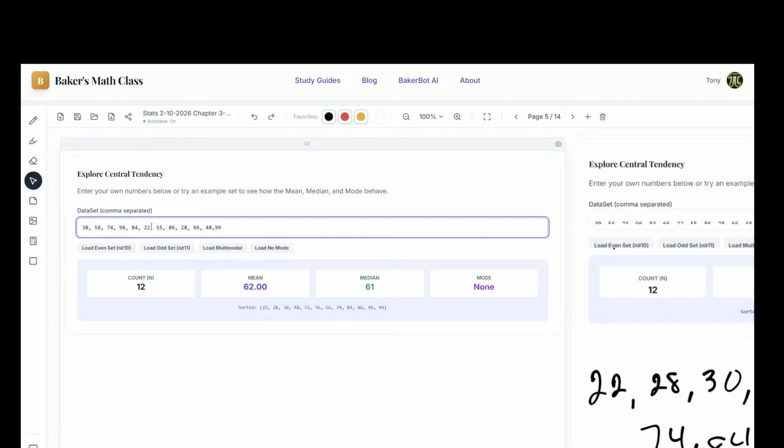I will tell you that is the hardest thing for a calculator to do. Mean and median, calculators can calculate really easily. Mode is not something that a calculator can always do. Calculators are designed to give you one answer. And since modes can have multiple answers, it's very hard for a calculator to do those things. Like your TI calculators and stuff like that, a lot of times they'll get mode wrong.